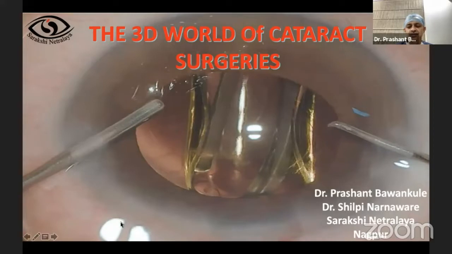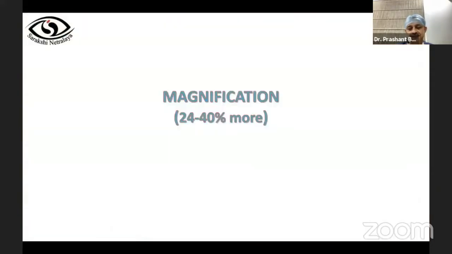Well, this system was basically designed for vitreoretinal procedures, and there is always a big question mark whether it should be used in anterior segment procedures. It has been more than 3 years, and I've done more than 3,000 procedures to be precise on this particular system. And I can very confidently say that this system can be used by anterior segment surgeons as well. Let's go through the presentation.